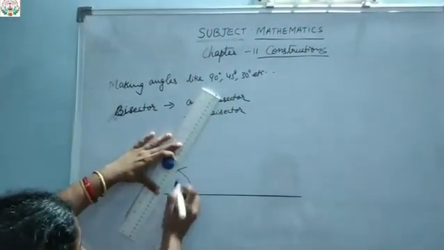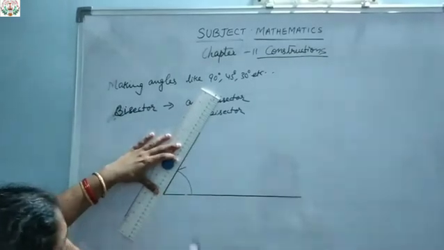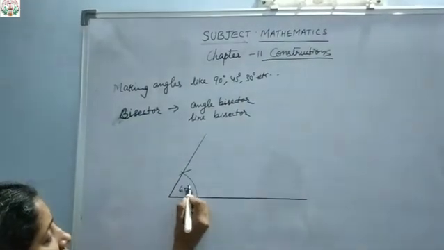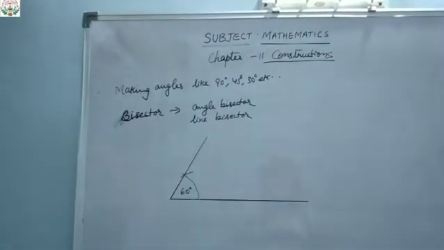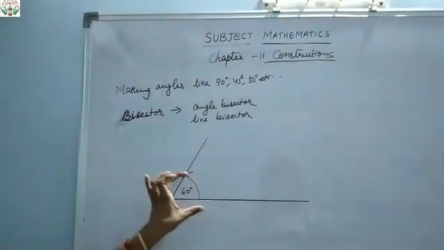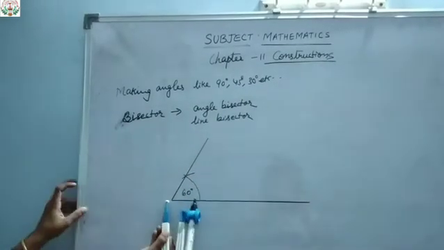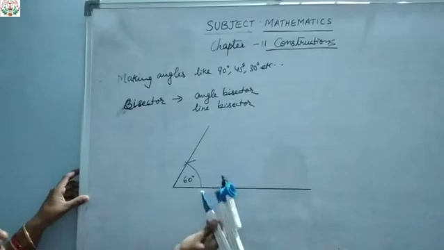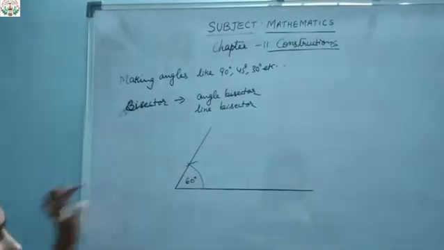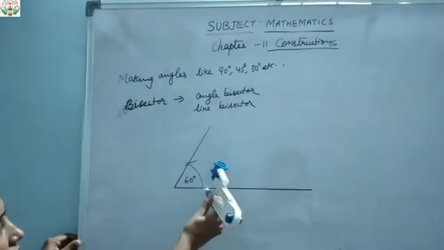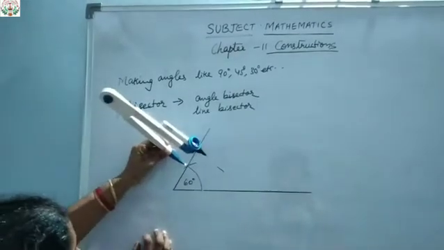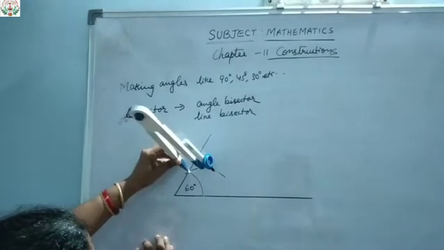With this point I will join like this. So this is a 60 degree. We know that this is our 60 degree. With this 60 degree angle, suppose I want to bisect the angle. Very importantly, see how to bisect an angle. Take the same arc and keep the rounder at the point where this particular 60 degree angle touches the line, and cut an arc. Again keep the rounder at another point where the angle is made.